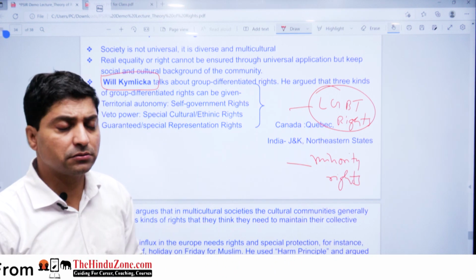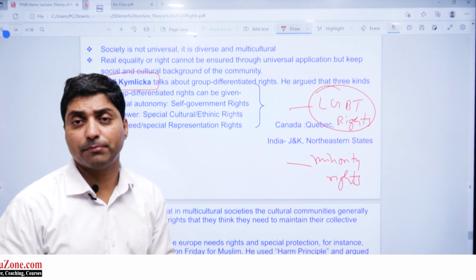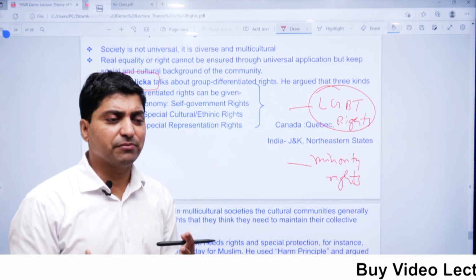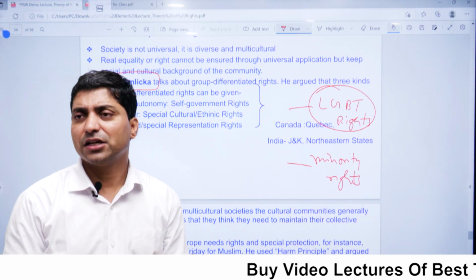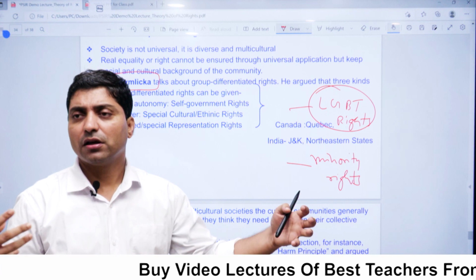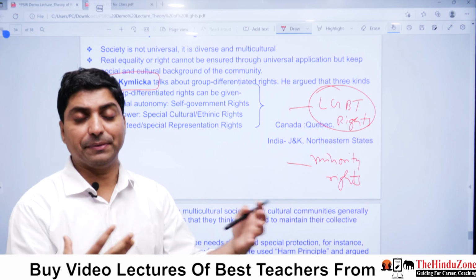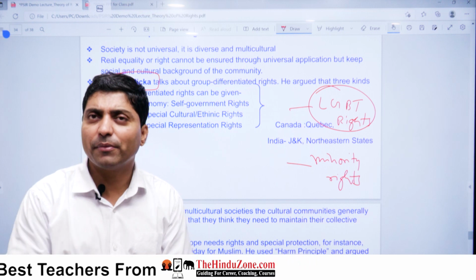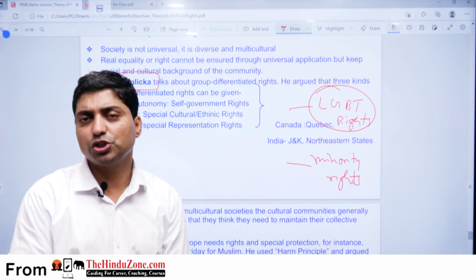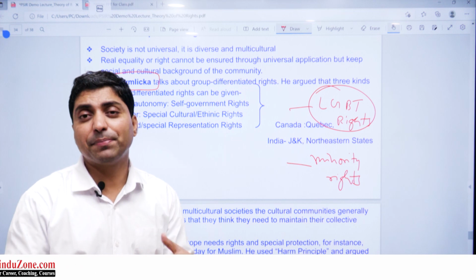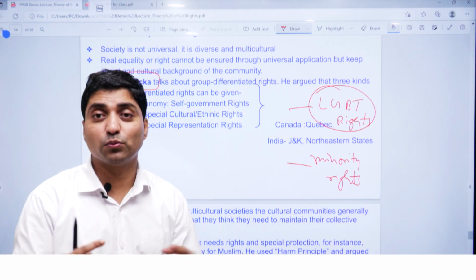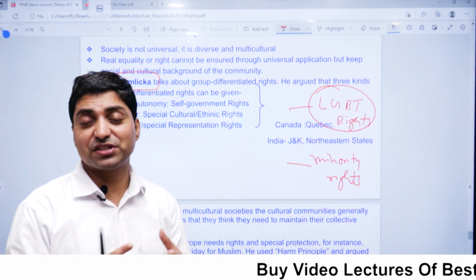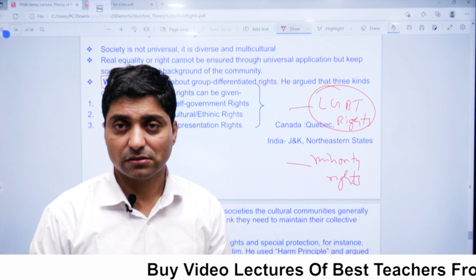Now if you look at Bhikhu Parekh, he writes a book, Rethinking Multiculturalism. He said the modern world is becoming multicultural because there is a free flow of people. For example, in the US or UK, people from around the globe have arrived, and different people are living from different parts of the world, right?